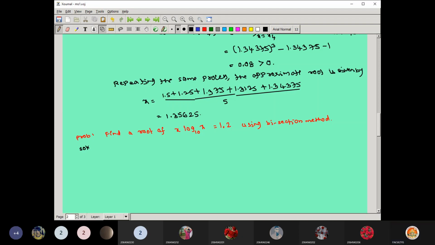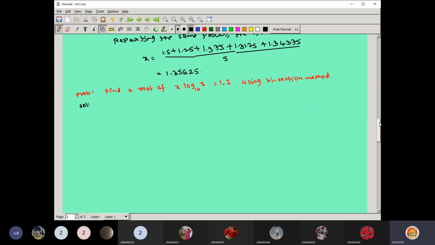In that expression, how many variables are there? There is only one variable, x. Is it an algebraic equation? Algebraic means it should not have any special functions. Is there any special function in your given expression? Yes, we have logarithm as one special function. So is it algebraic or transcendental? It's nothing but a transcendental equation. So for the given transcendental equation,